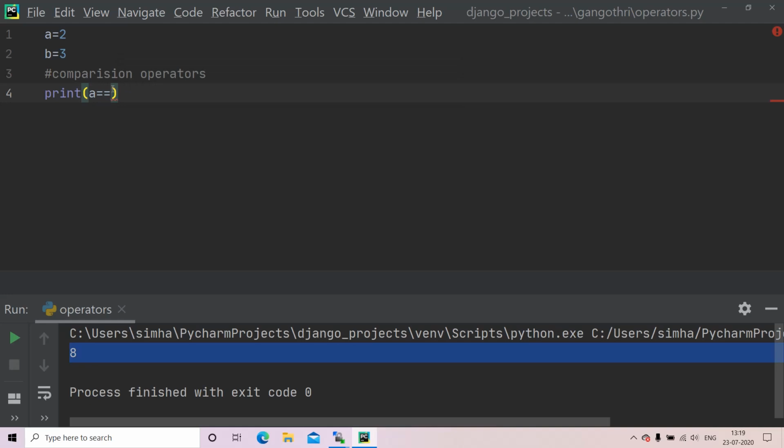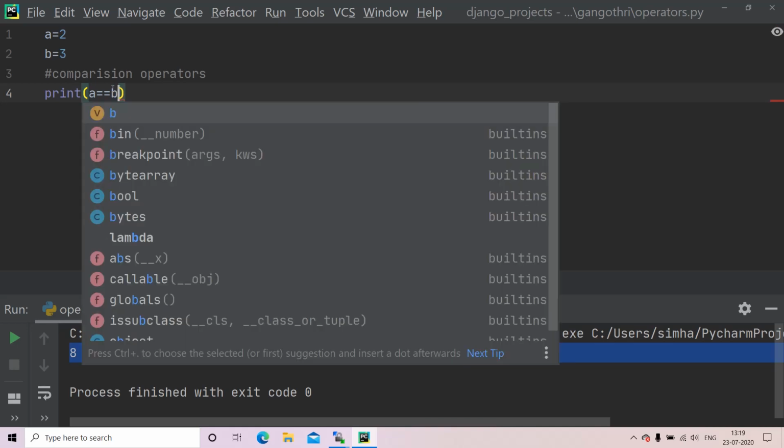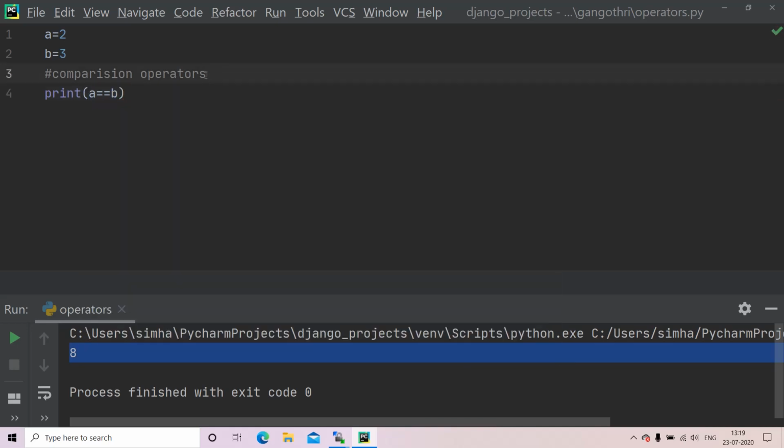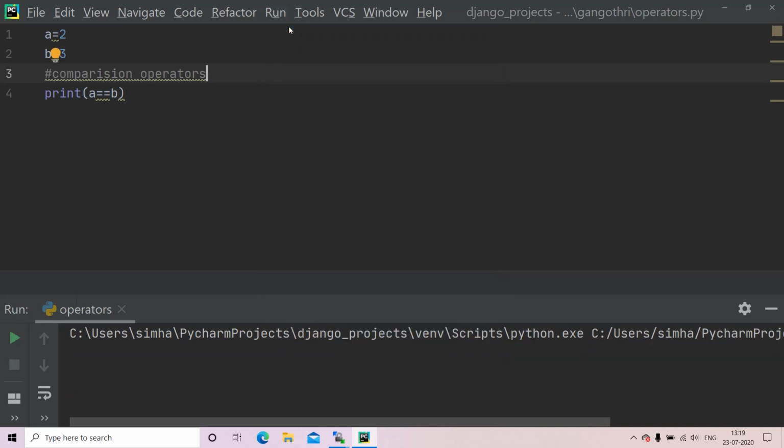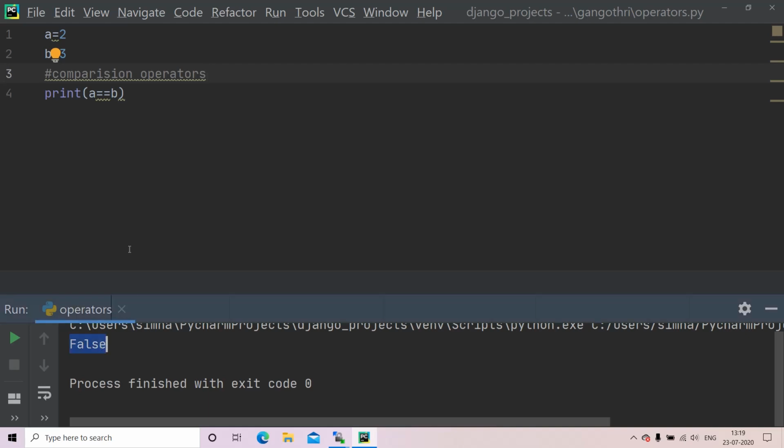Okay, a equals equals b. This returns a boolean value for whether a is equal to b or not. According to my assumption, it must be false, right? Yeah, false. And if I give a not equals b, this is the operator for not equal to, and run operators. Yeah, true. a is not equal to b.